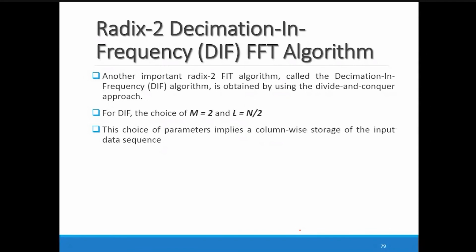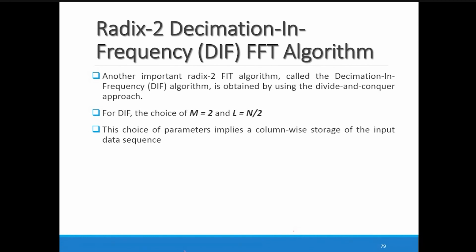Okay, now tomorrow, in the next lecture, we start with the DIF algorithm, that is decimation in frequency. Up to now we have discussed DIT, decimation in time. As time and frequency are reversible, or you can say T is equal to 1 by F, both are inversely proportional, whatever diagram we get in DIT, you get the opposite of that in the DIF.